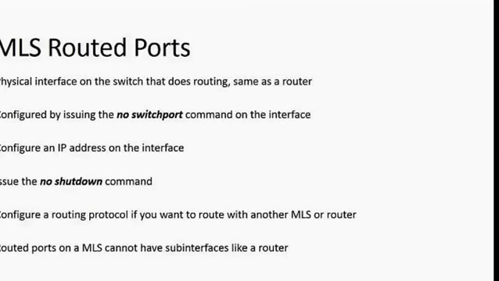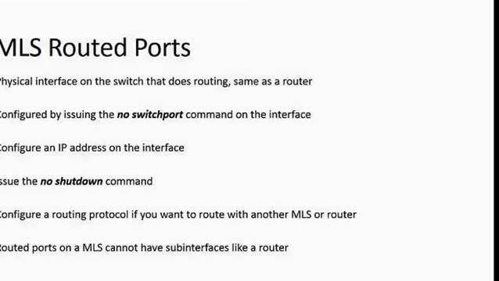I'm going to take a layer 2 interface and make it a layer 3 interface by issuing the command no switchport on the interface itself. Then I've got to configure an IP address on it. So once I issue the no switchport command, it's just like a router interface, except for one thing. Well, I'm sure there are other things, but this is the one thing I want to make sure I don't forget to tell you. The first thing is enter the no switchport command, right? Then configure an IP address and a subnet mask on it, just like you would if you were configuring a router. Then you issue the no shutdown command to physically bring the interface up. Right? And then if you want to route, in this case, we're actually going to route to